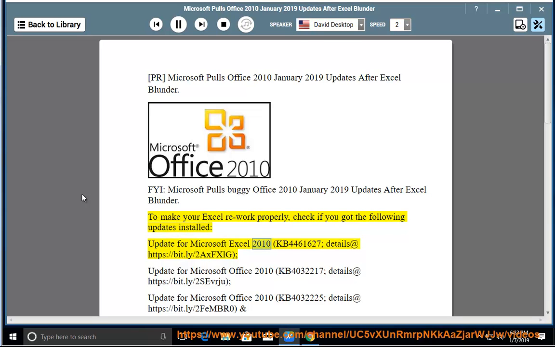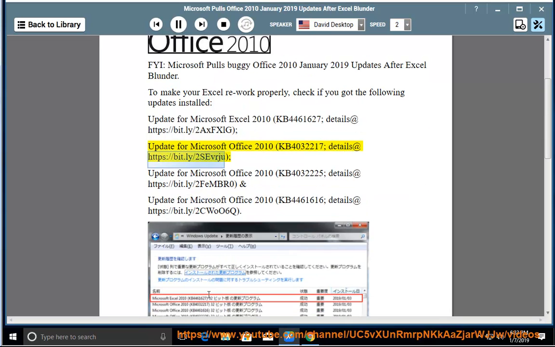Update for Microsoft Excel 2010, KB4461616, details at https://bit.ly/2xfxlg. Update for Microsoft Office 2010, KB4032225, details at